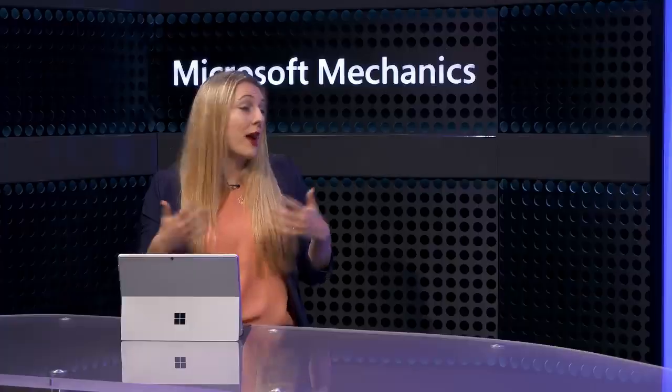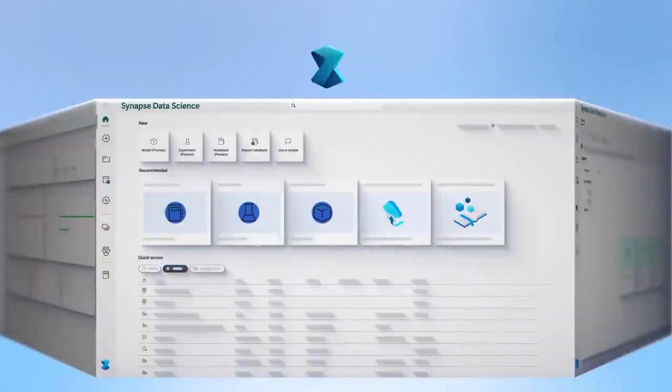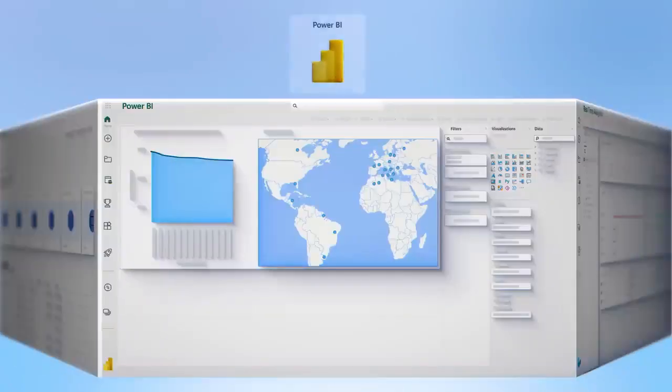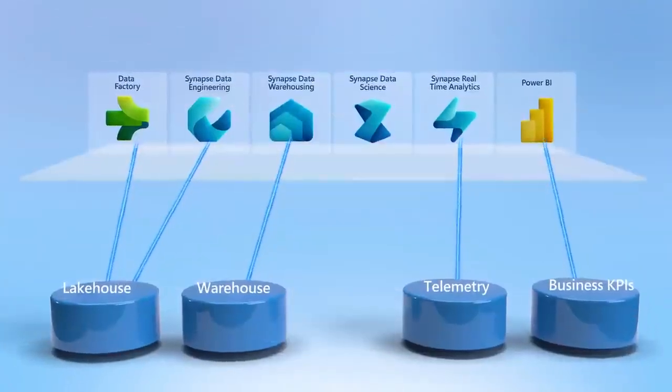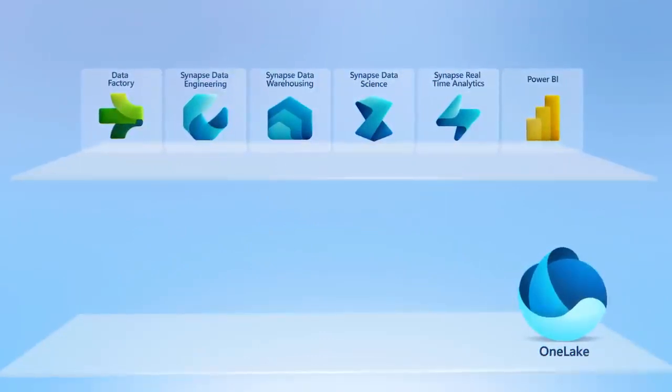Sure. So as you alluded to earlier, it's really about removing that pain and drudgery from accessing your organizational data. And this could be sitting in many disparate data sources across your entire data estate. And you'll typically use many different tools to transform it and make it accessible. So with Microsoft Fabric, that path from raw fragmented data to meaningful insights is significantly reduced. It gives you a single integrated service that provides data integration capabilities, data engineering for shaping your data, warehousing, you can build data science models, real-time analytics, and business intelligence. And the data from these different experiences is brought together by one unified data lake for your organization called OneLake, which is automatically provisioned for your tenant.